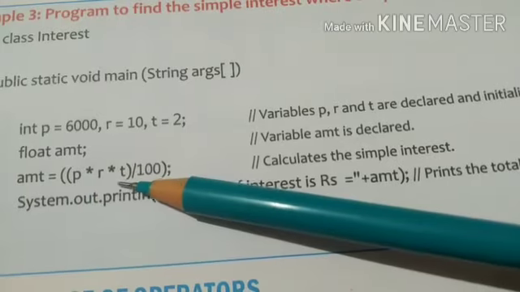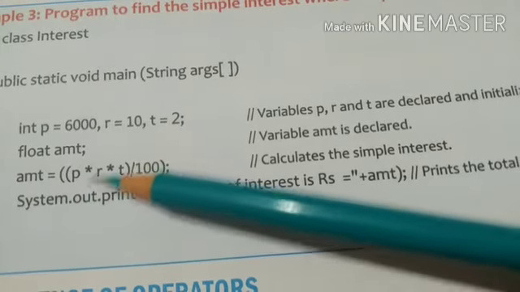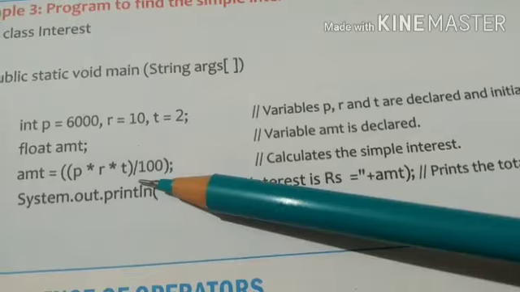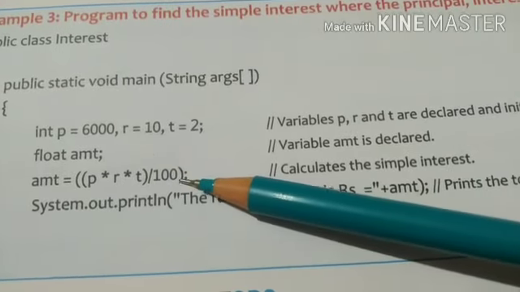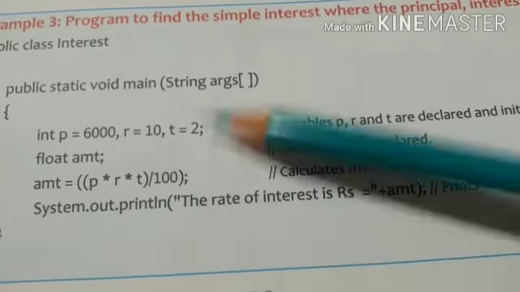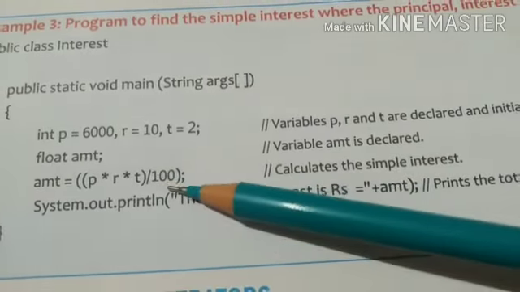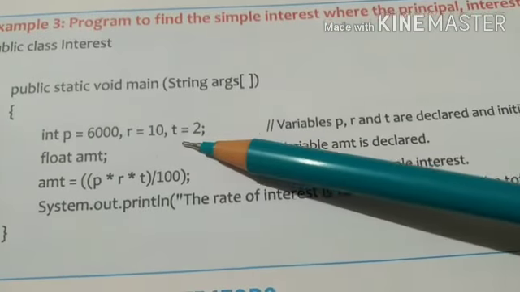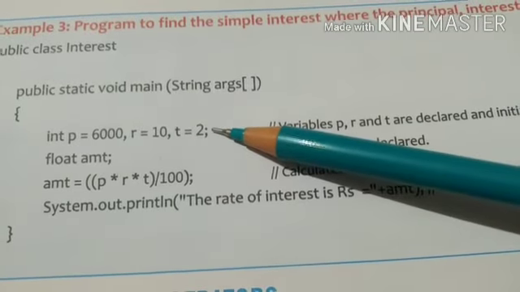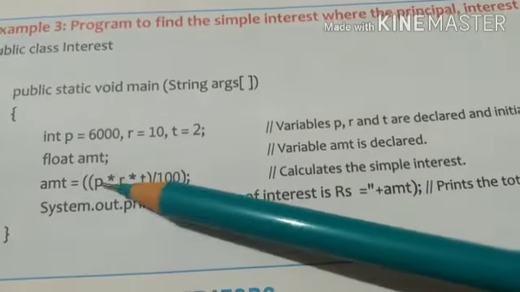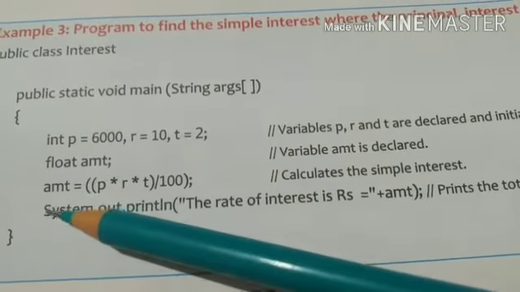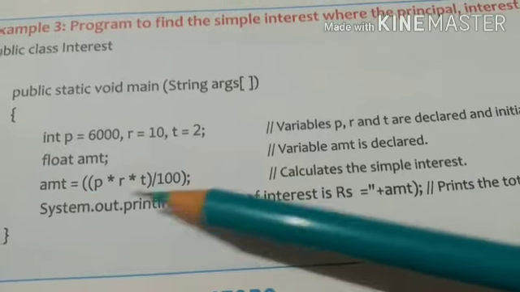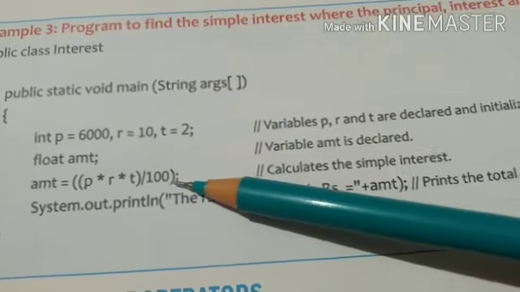Then whatever product results from the multiplication, we have to divide that by 100. So it is divided by 100. And after that you see a semicolon. Don't forget to give it here. After declaring a variable you require a semicolon. And when the process is there, what type of data is amount? It is float. So here also we have to give the semicolon.